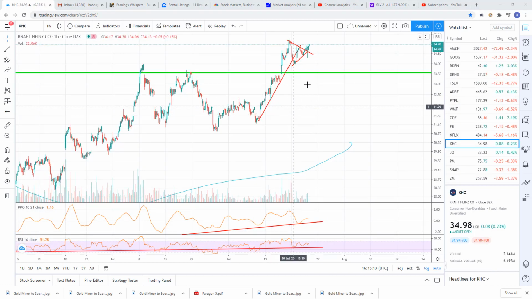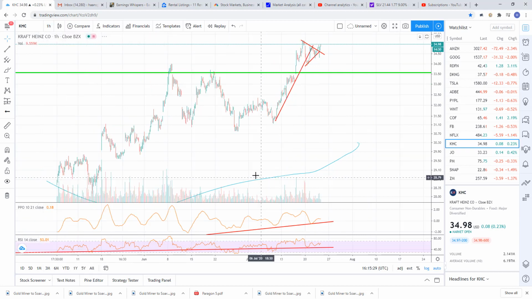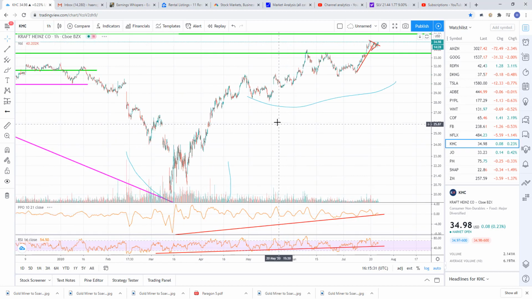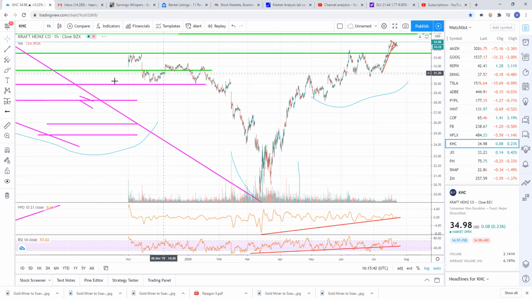Here's KHC. I like this one for a long. This is the long that I like, and it has relative strength today. So SPY is down, and Q's is down. Q's is down almost 1% now, and KHC is up. So showing relative strength. Looks like a good long to me so far. So I'm watching it. Obviously, this thing could turn if the market turns, and so we do have to watch for that. But so far, so good. Let's zoom out and look at the bigger picture.